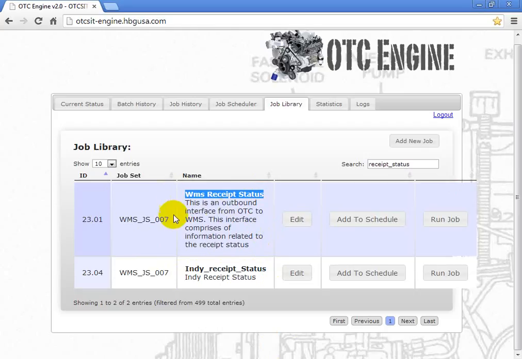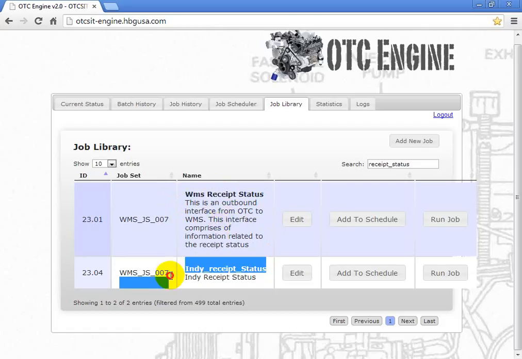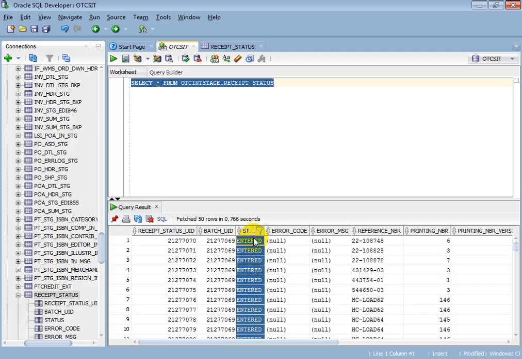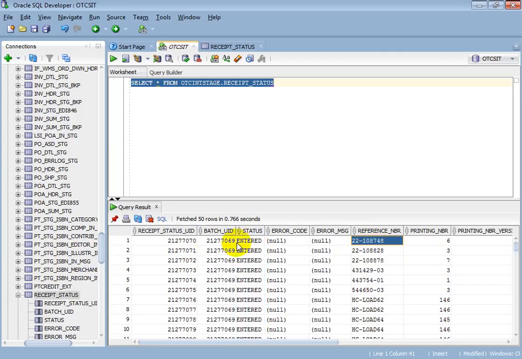This job populates the staging table, OTC INT stage receipt underscore status, with those closed records. After that you need to run the Indy receipt status. This will process those records, update the status to processed, and also successfully update those print and bind details in WMS.